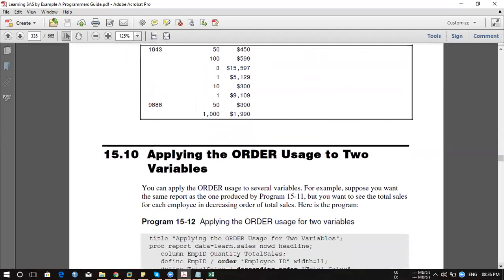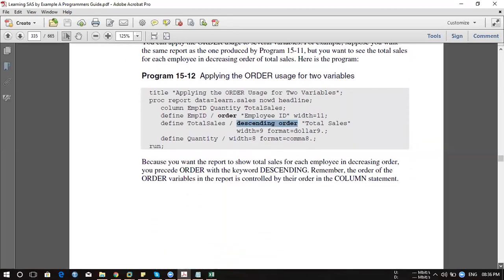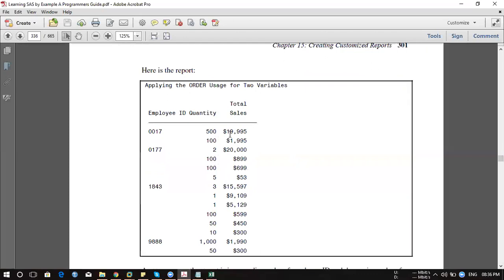By default. If you want to make it descending, you can use the keyword called descending. See this. So now your output will appear from higher to lower. Correct. So now you wanted to represent your sales from high to low within your employee ID.